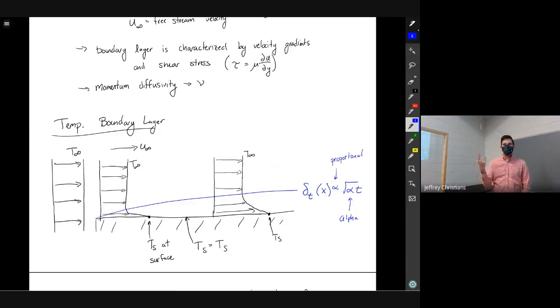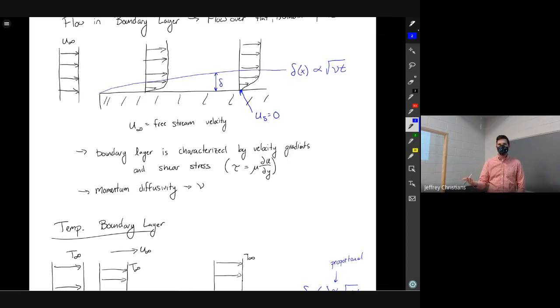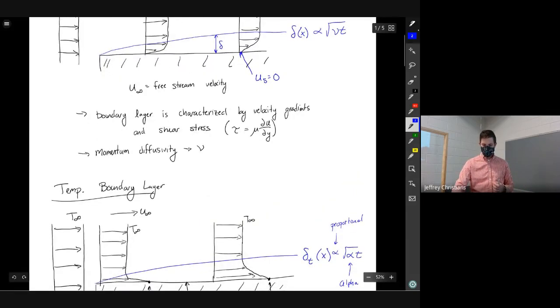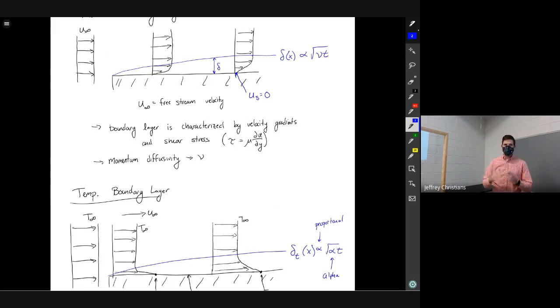Anyway, so proportional to alpha, which is the thermal diffusivity, how does heat diffuse through an object? The velocity boundary layer is going to grow proportional to the momentum diffusivity. How does velocity diffuse through a fluid? So these two things are going to be very analogous, but obviously nu is different than alpha. But we have what's called the Prandtl number, which is the ratio of those two things. So if you can go back to number 4 on the in-class, see if you can spend a little bit of time just trying to relate